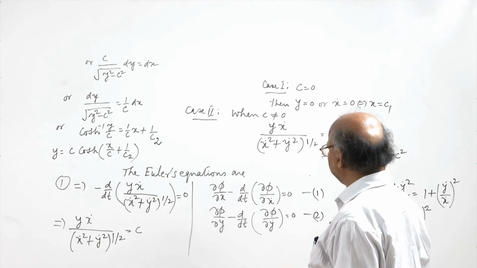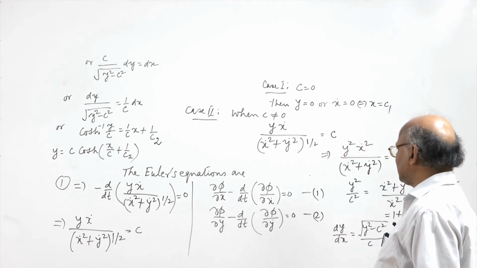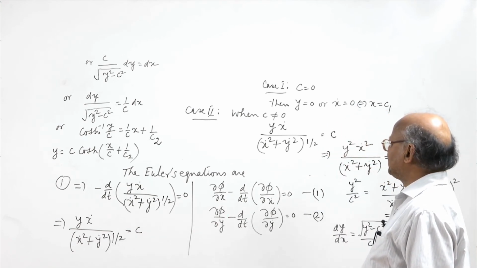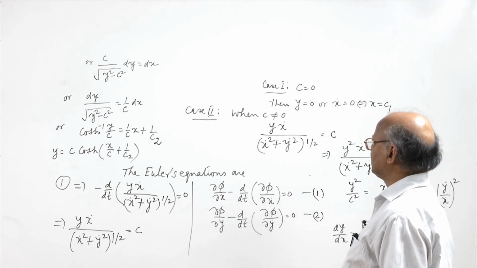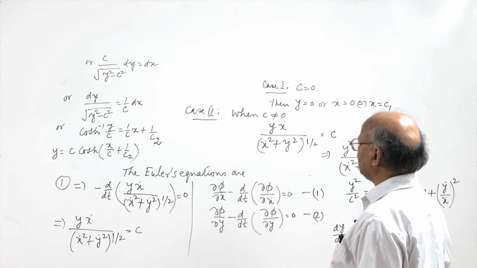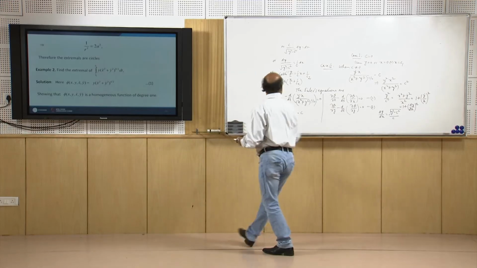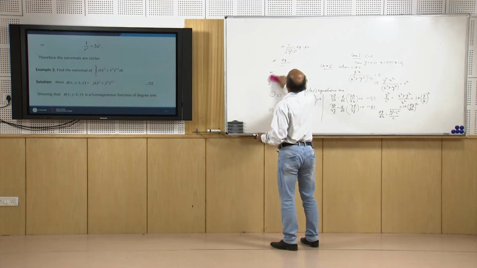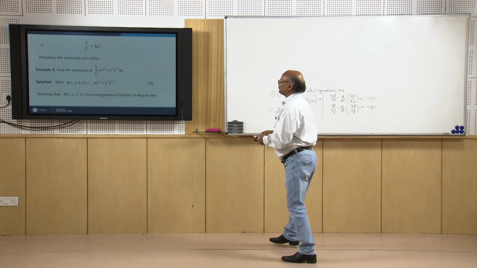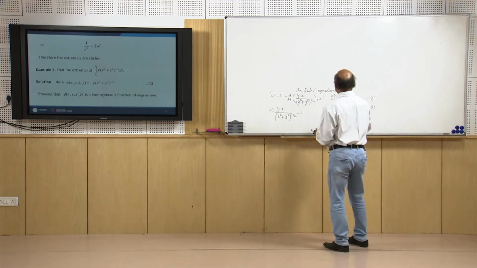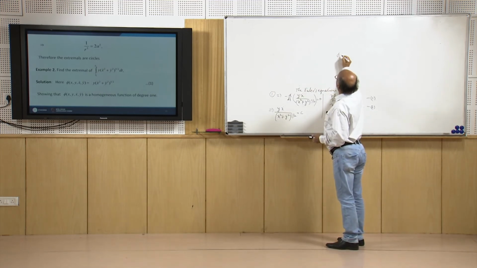So we shall simply prove that the second Euler's equation, when simplified, gives rise to the same equation, this one, and therefore when solved, this equation gives us the same extremals. So let us solve this second Euler's equation. For the second Euler's equation we need to find